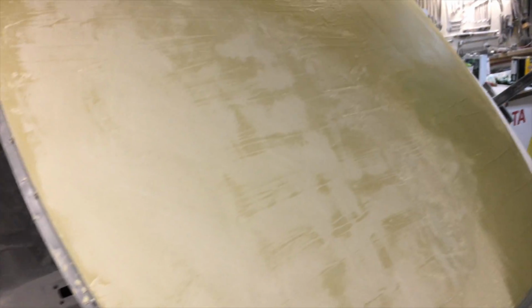Got the Durablock here, and the 80 grit sandpaper works really nice for shaping. I'm learning as I go on this project as well. This is my first restoration. I don't know if I said that before or not, but